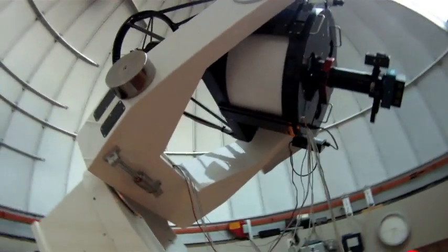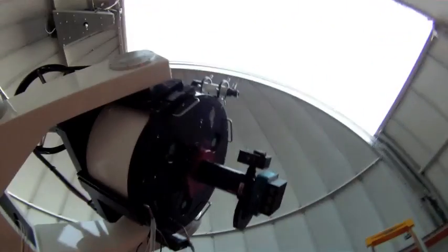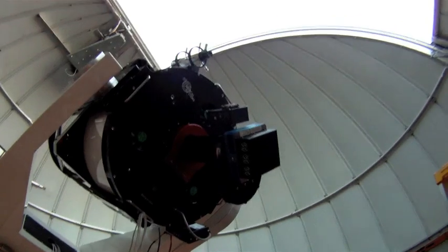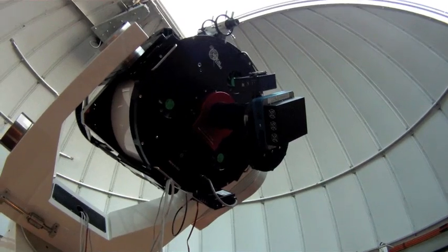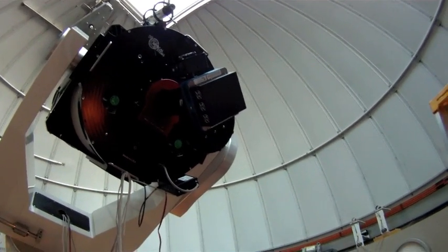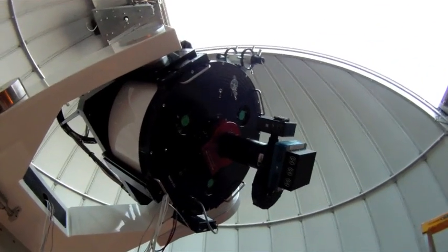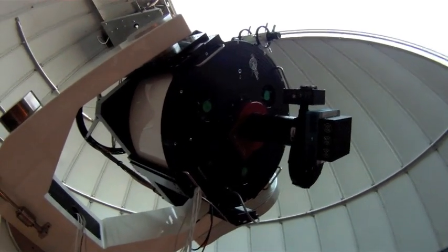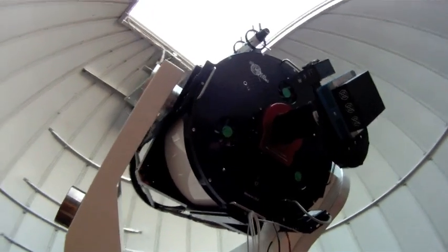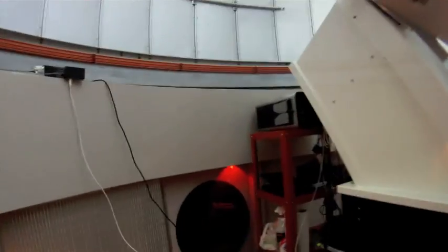If you don't know much about this scope, it's a 0.61 meter Ritchey-Chretien design, again from RC Optical Systems. We use an Apogee U42 camera with a 9-position filter wheel with LRGB, H-alpha, S-II, O-III, photometric V and a photometric I filter. For guiding, we use an Astrodon Mega Moog off-axis guider with an ST402 from Santa Barbara Instruments. You'll see the big red device there is the instrument rotator, and back here we've got a nice rack